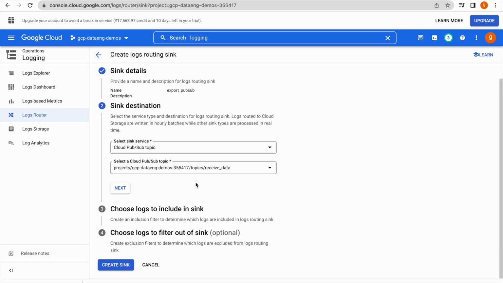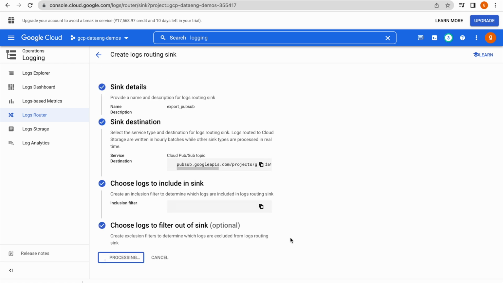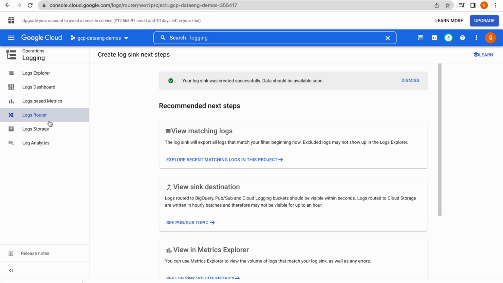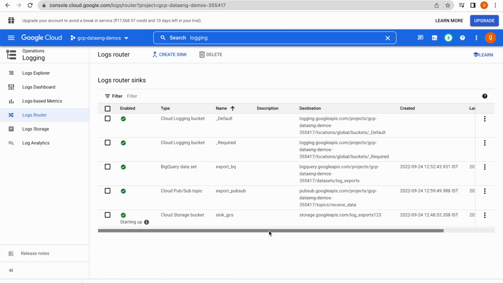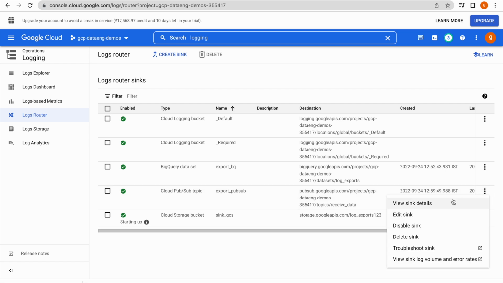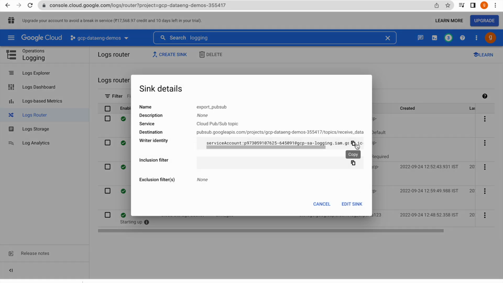So, it is almost real time. It will not be done in batches, it will be done in stream, very near real time. Okay. Click on create sink, then it will create this sink. Go to log router, here we have this PubSub. So, click on details. Again we do have this service account associated,